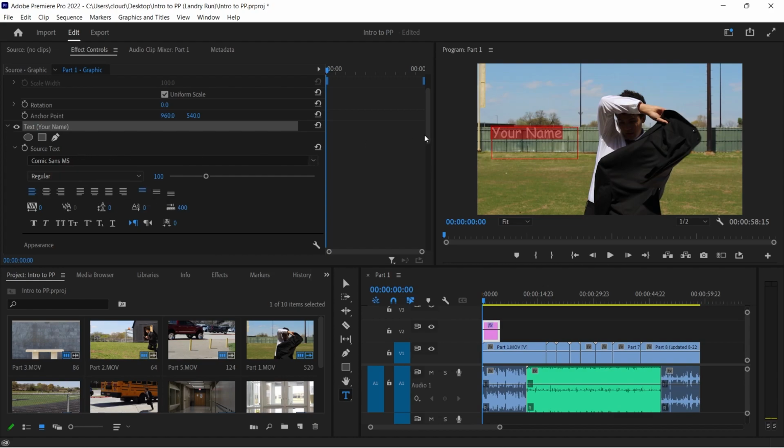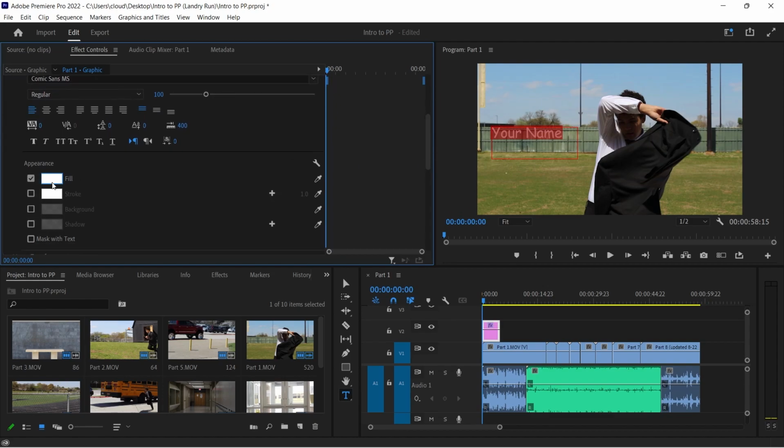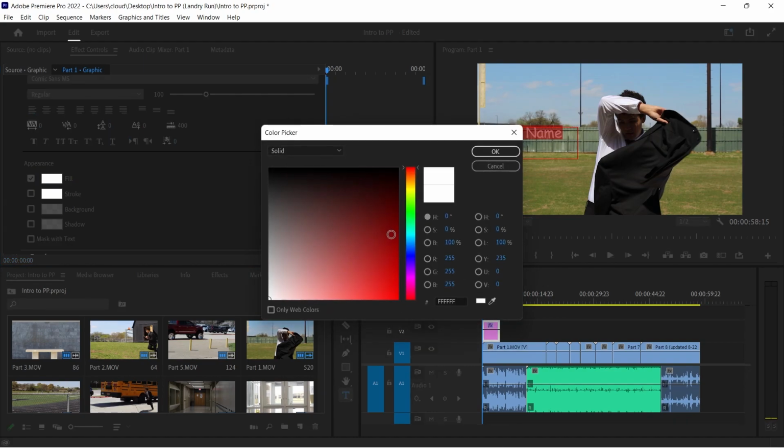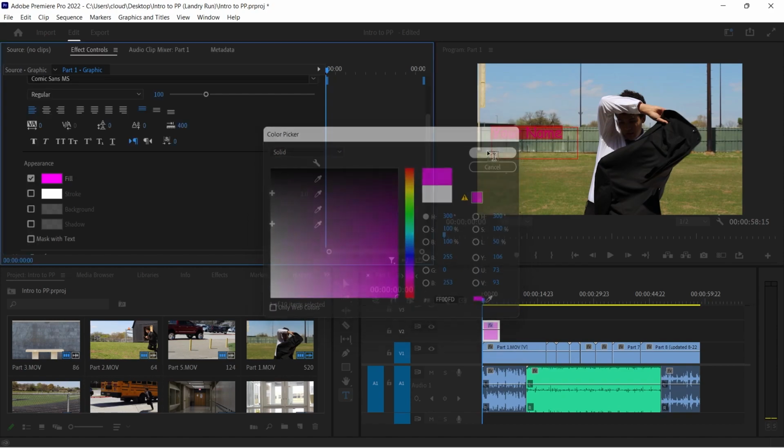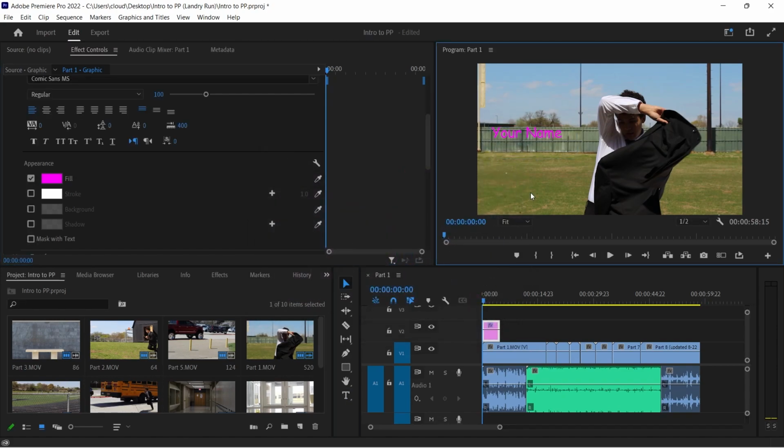So Comic Sans, and for the fill, that's going to change the color of the actual text. So I'm going to click fill, and you've got all your colors here. I'm going to do pink and select pink. There you go. You've got one text box at the beginning,